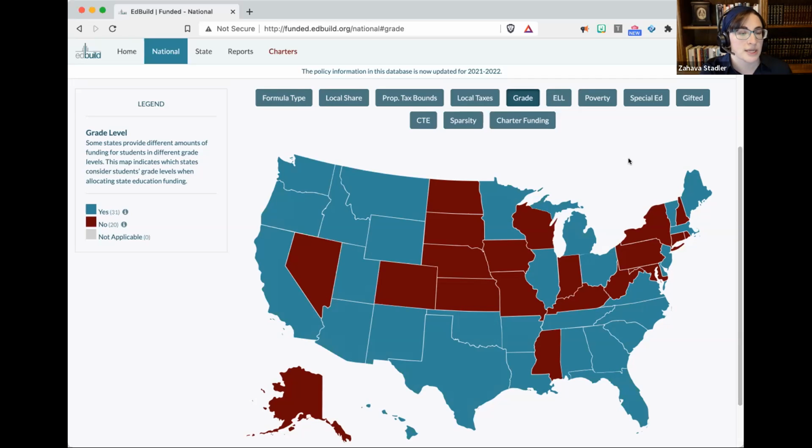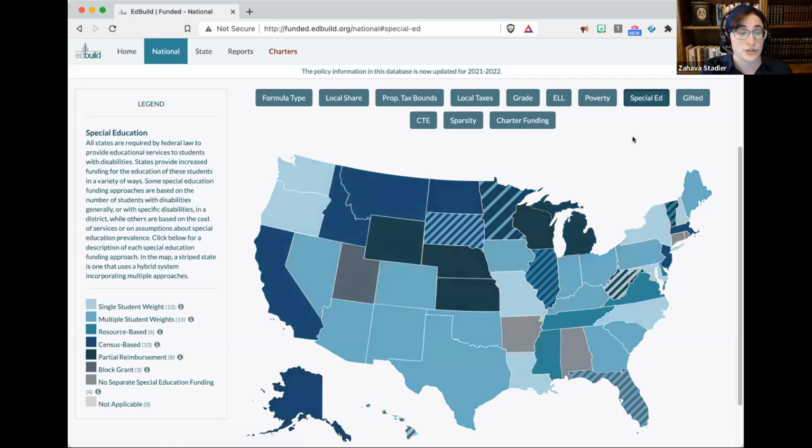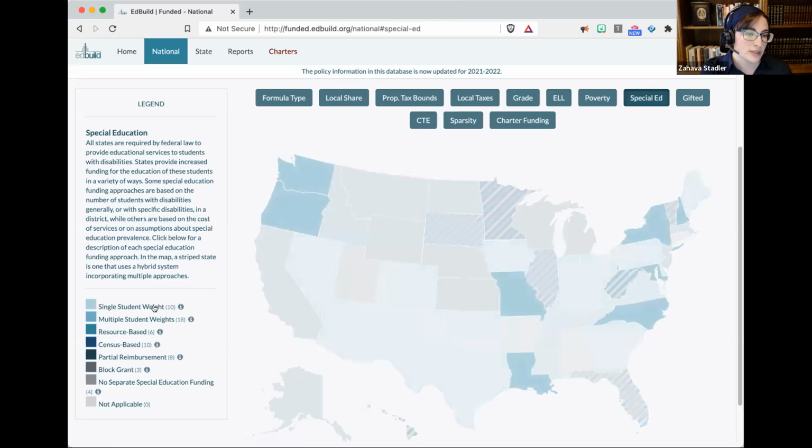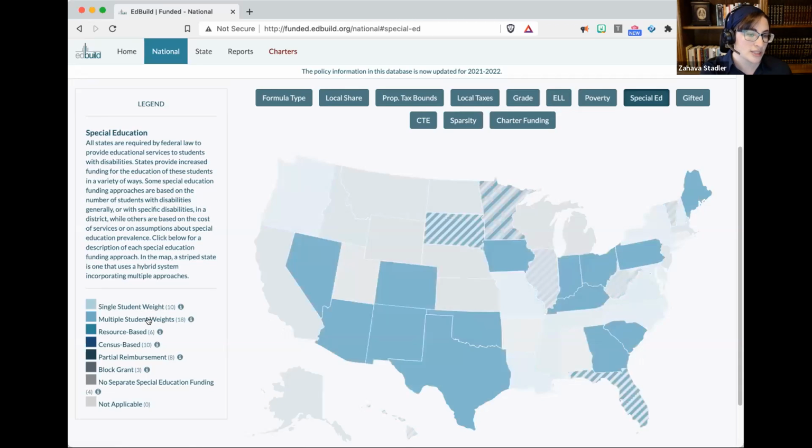So these national policy maps will provide a snapshot view of, hey, is this the prevailing practice or is it an outlier? What's the range of policy here? In special education, you'll get the sense there's a whole lot of different approaches to special education funding. These maps are a great way of tallying up quickly who does what. And as you can see in the legend, you get a little number in parentheses telling you which states use that system primarily or as part of a hybrid. Anything that's got stripes on it and looks like a necktie is a hybrid system.